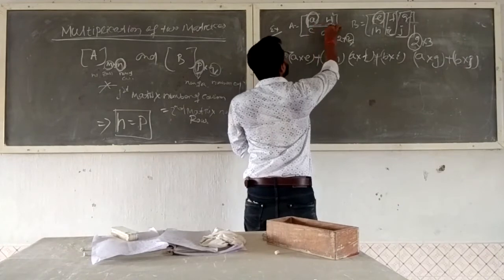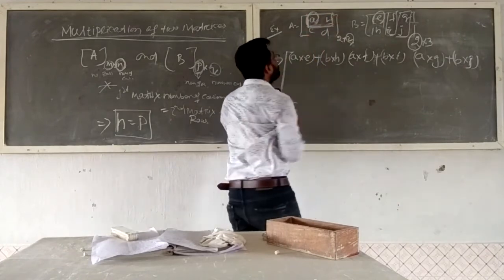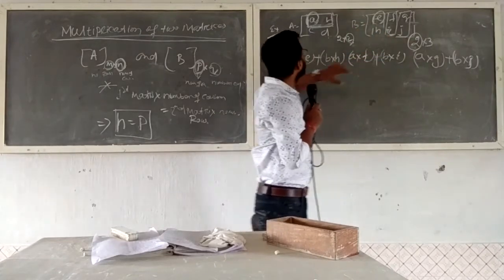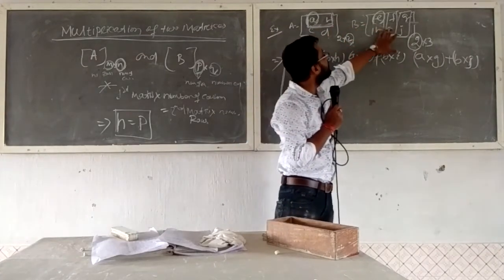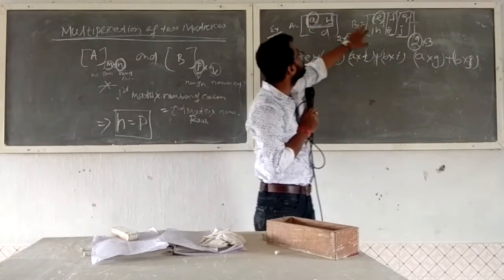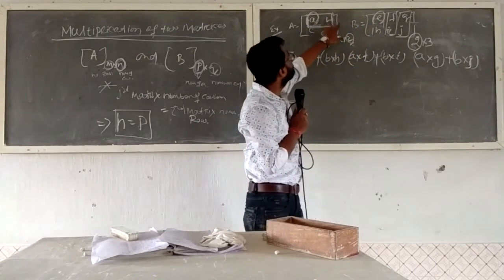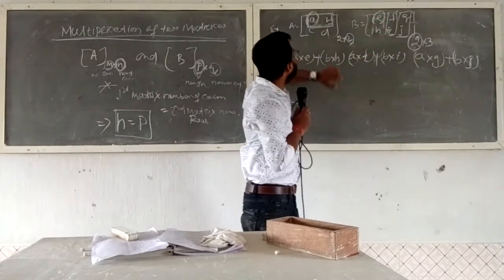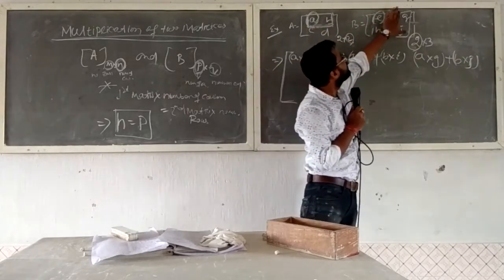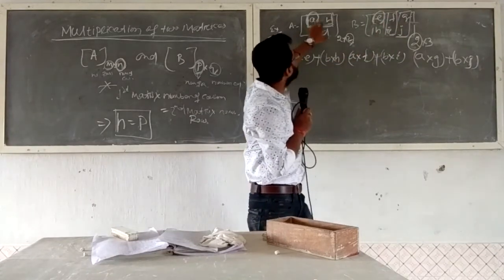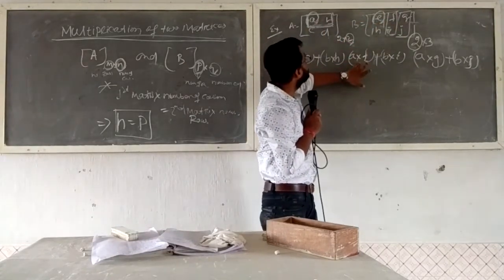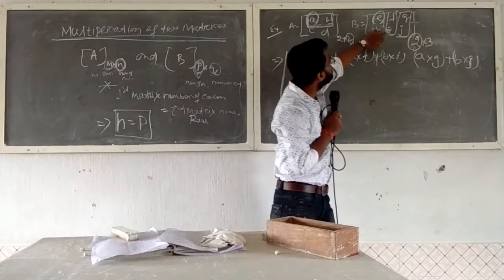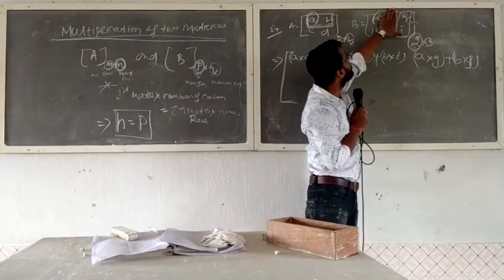Now you can see the first row is multiplied with the second matrix column-wise, corresponding element with the corresponding element. Like A is multiplied with E, plus B multiplied with H. Now the first column is complete. Again, the first row is multiplied with the second column, that is, A multiplied with F plus B multiplied with I. The second column is completed.